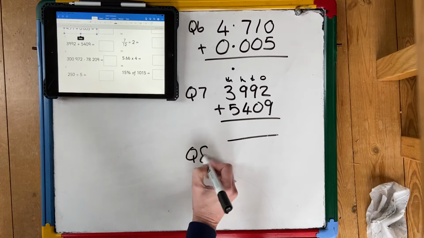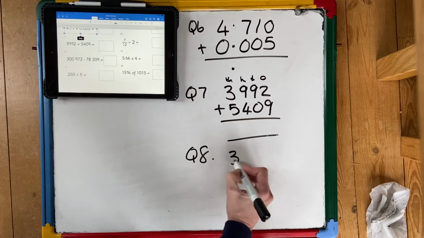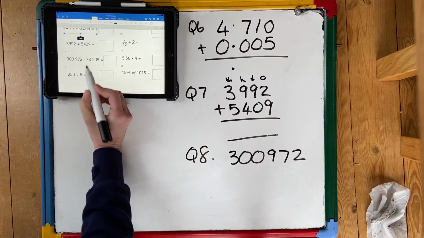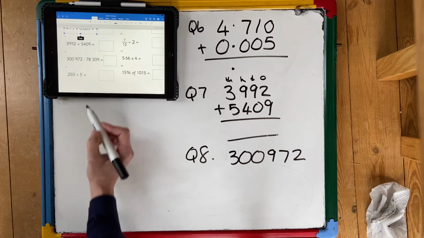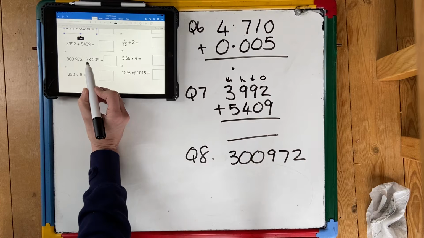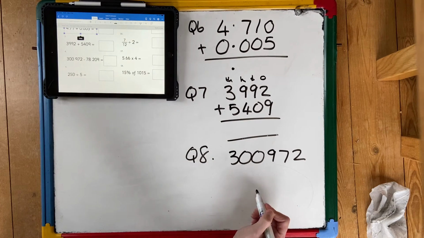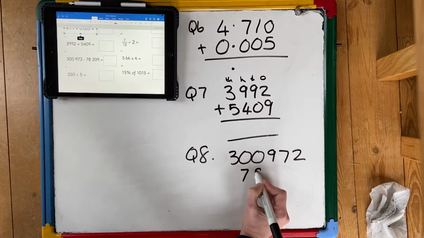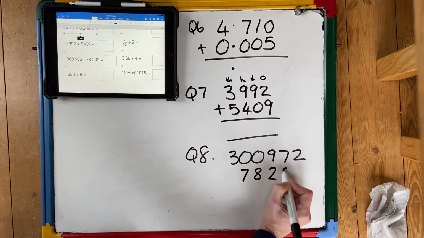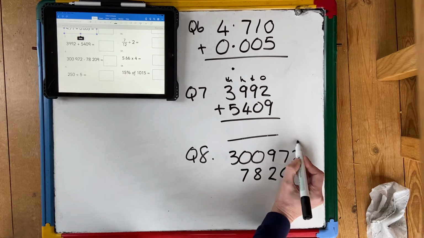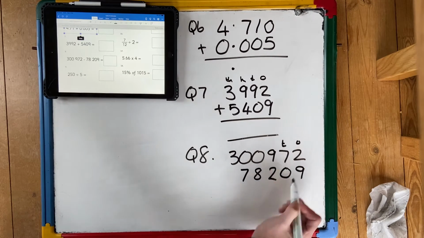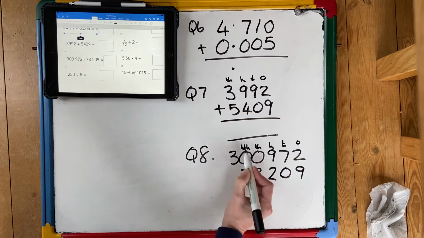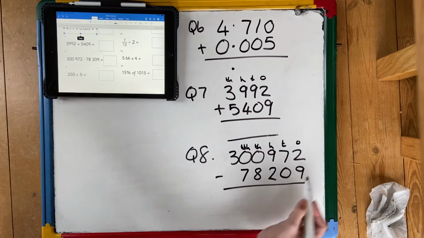Question 8. 300,972 subtract 78,209. So you need to make sure that you place the 78,209 in the correct columns. So the 78,000 needs to be in this column, 78,209. Look, make sure all the ones are in the right column, tens, hundreds, thousands, tens of thousands. And you are subtracting. 2 subtract